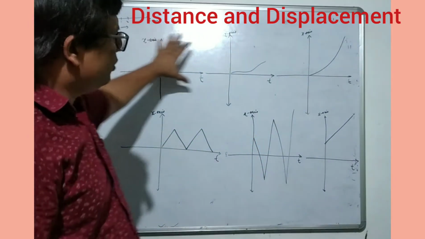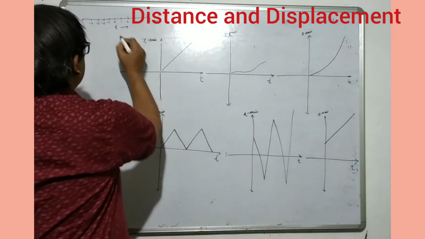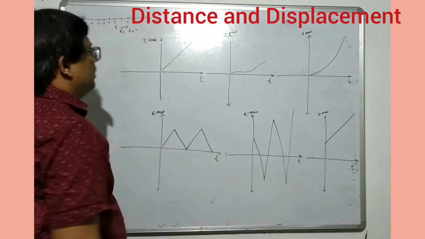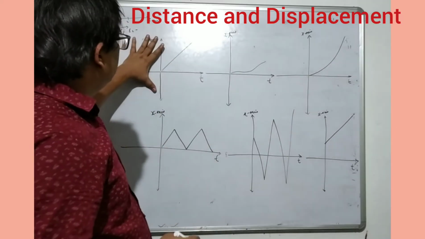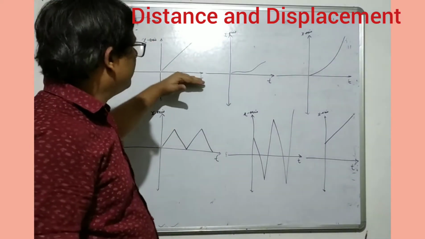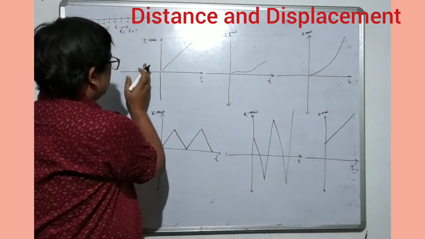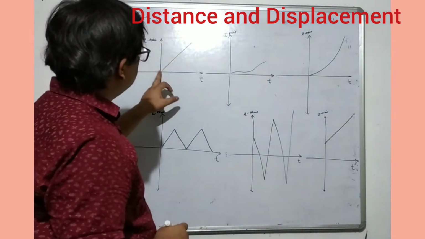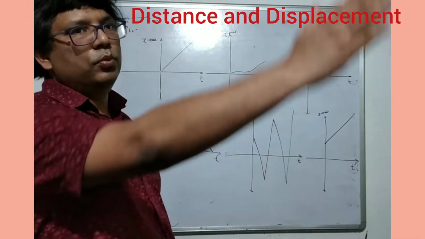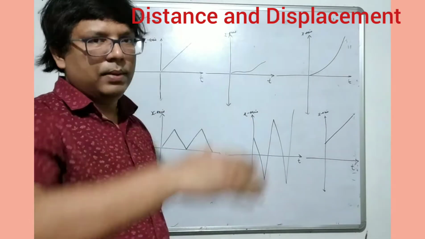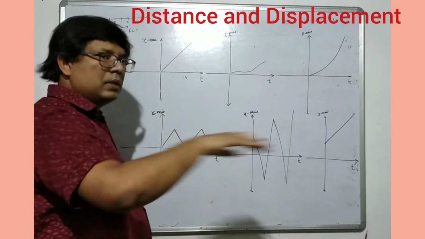So we have drawn a few graphs. Like here we have considered that at t1 the position was this, at t2 the position was that. So can we draw that in a graph? We have taken this as the x-axis and this horizontal line as time. We are not thinking of negative time, because time cannot be negative. Time has only one direction and it always moves above and above. So time cannot go back.